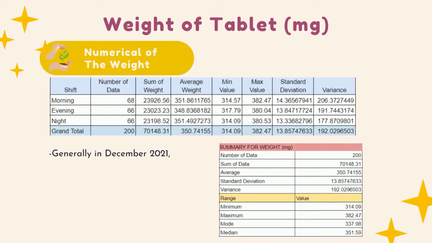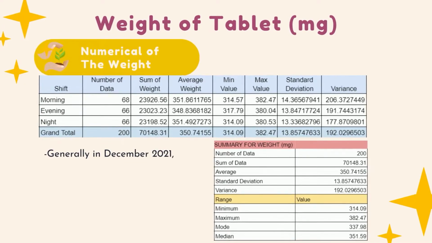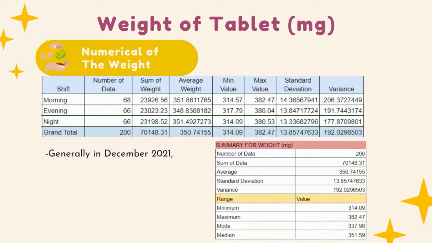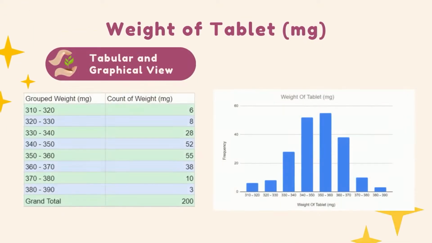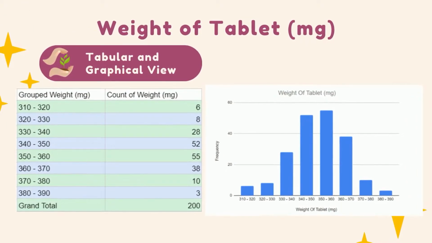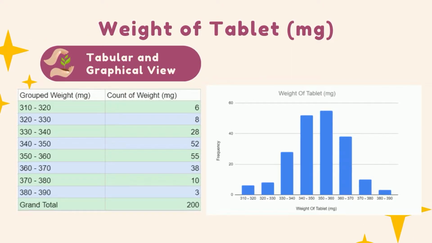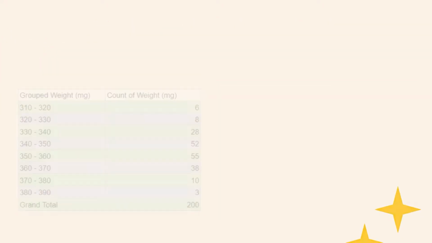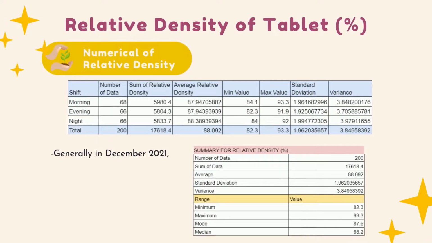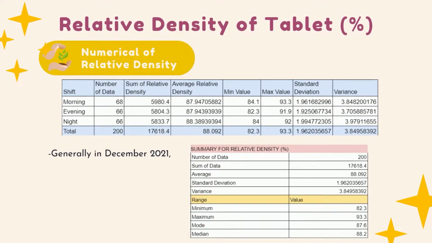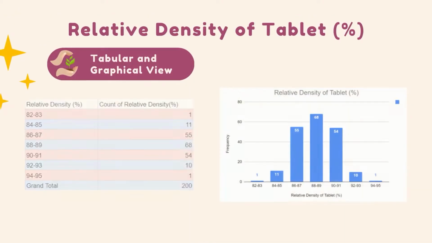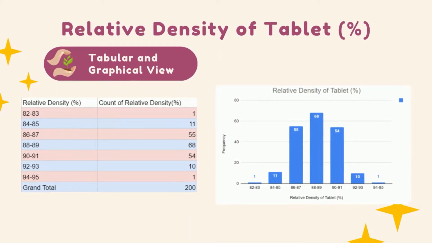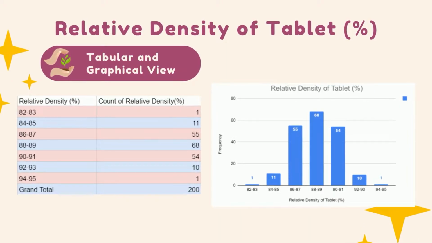For the first parameter, which is weight of tablet, this is the numerical form and the summary of the weight. And then we form the tabular and graphical view. For the tabular form, we have the classes with an interval of 10. And next is the second parameter, which is relative density of the tablets. First, we form the numerical form, and then we form the tabular and graphical view, with the class interval